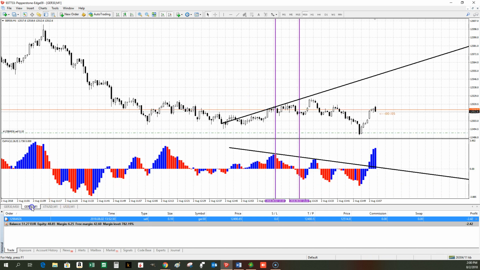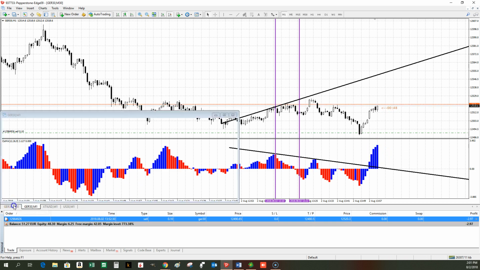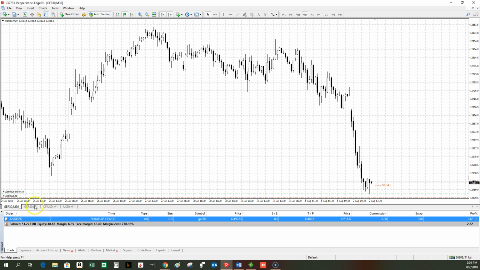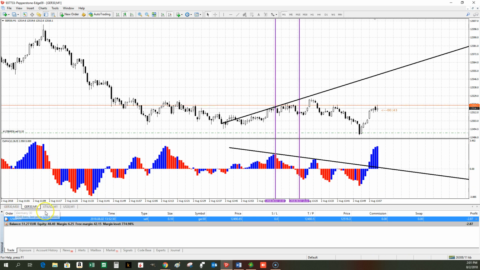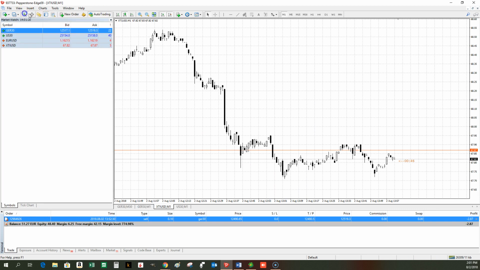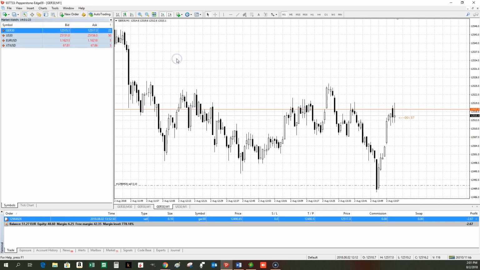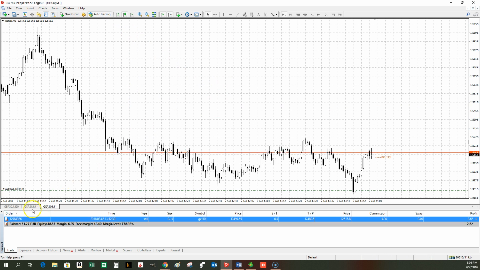So let's go back to our chart. It's a little bit retracing on the one minute chart. You see? Okay, it's retracing. It's getting red. Okay, so let's check. If you want, you can open several charts on the DAX and dispatch the chart on several time frames. Okay, let's open 3 time frames.